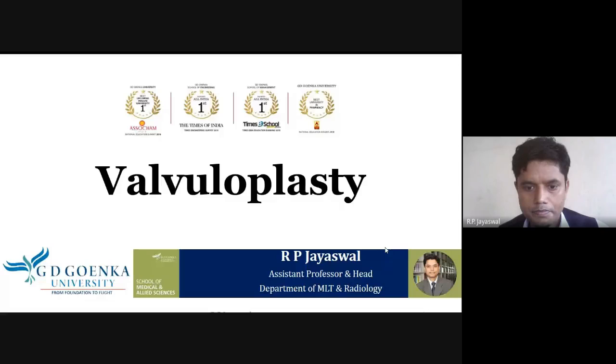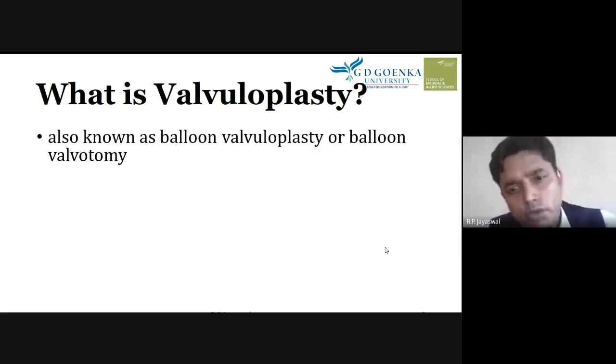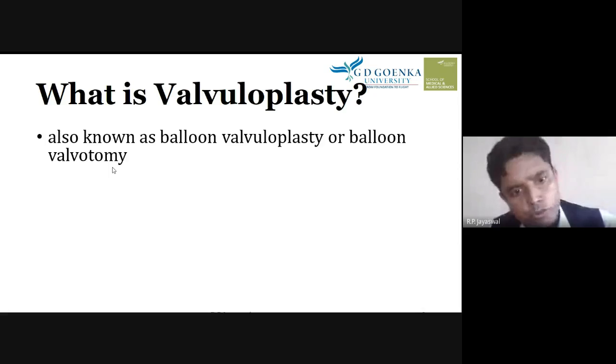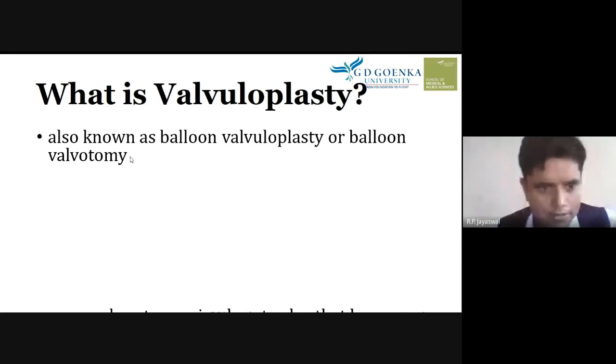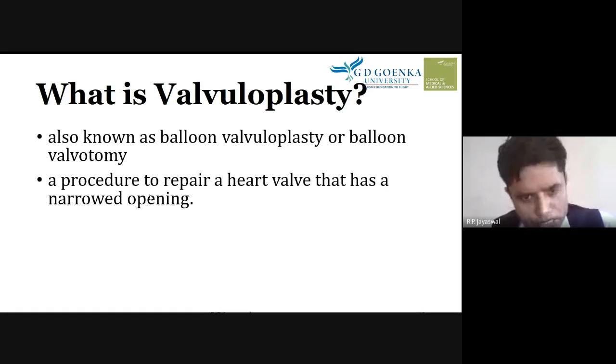So let's start this topic, valvuloplasty. What is valvuloplasty? Here we know that this is also known as balloon valvuloplasty or balloon valvotomy. So different terms are used for valvuloplasty. Here we use another term, balloon valvuloplasty or balloon valvotomy, and this is a procedure to repair a heart valve